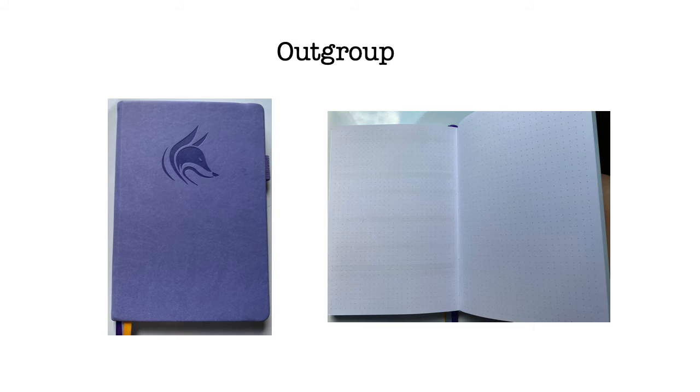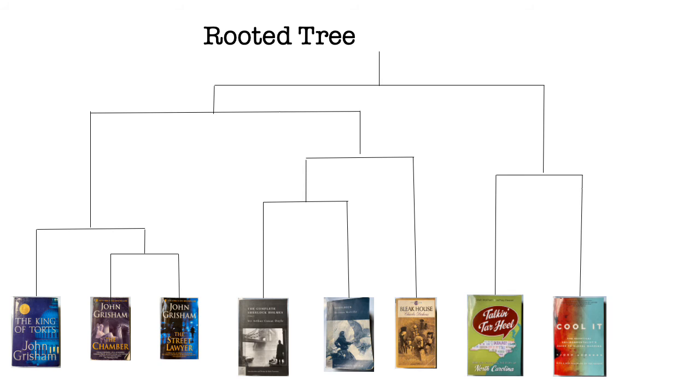An outgroup is more distantly related, but is helpful in determining root characteristics. In this case, the notebook looks similar to many books. It has a cover and pages, but it has no title or author, and there's nothing printed in it, unlike in actual books. Even though I've been drawing this tree like a rooted tree, which means that the distances between